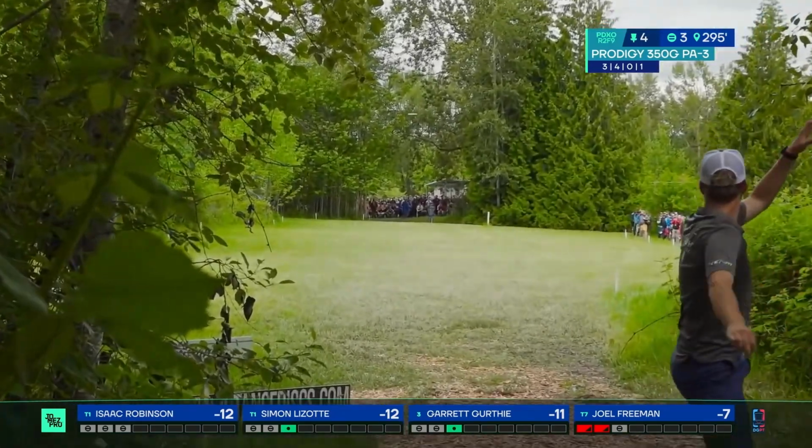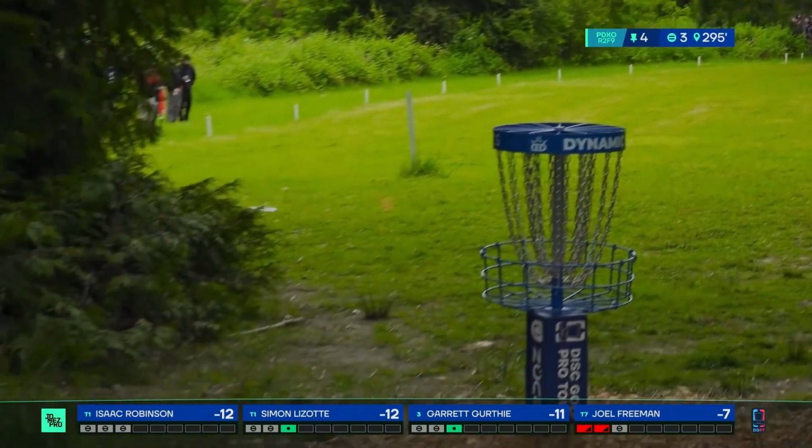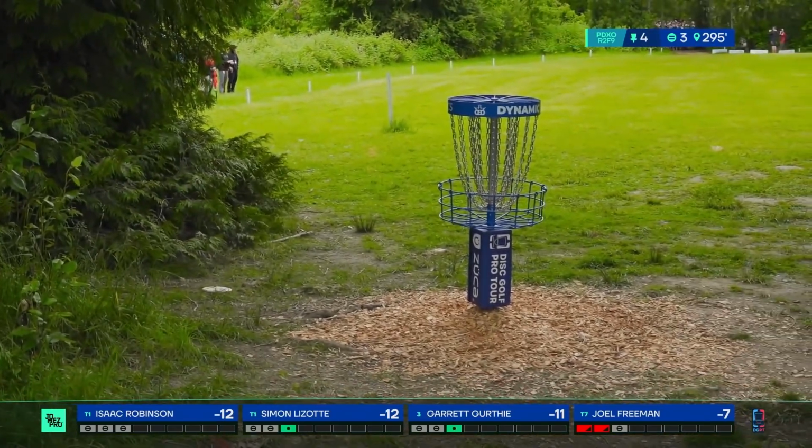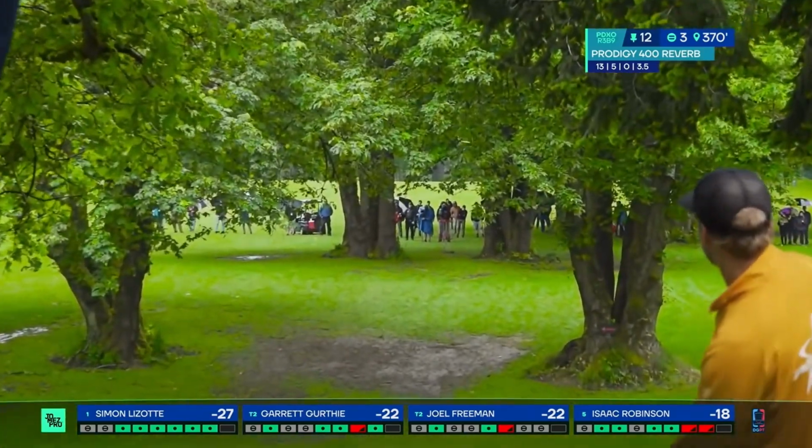Best score after round 1, shooting an incredible 12 under. Round 2 did not go his way. He did make progress though, he wasn't out of it, he just started to fall back a little bit. Now 3 shots back of Simon Lizotte, the leader, Simon and Garrett Gurthie started to run away with it, but